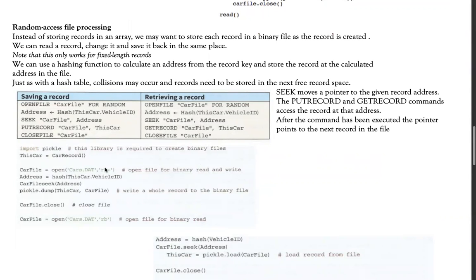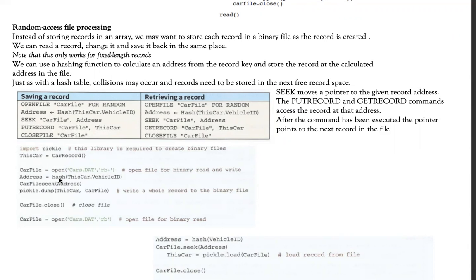This is important because I may have to use the same subroutine to add as well as retrieve data. So I will open the file in this mode and dump all the data into this identified main memory. After that, I will pass the vehicle ID to a hash function. Assume that there is some hashing function defined before. We're not mentioning the details here, but you have to define a hash function beforehand.